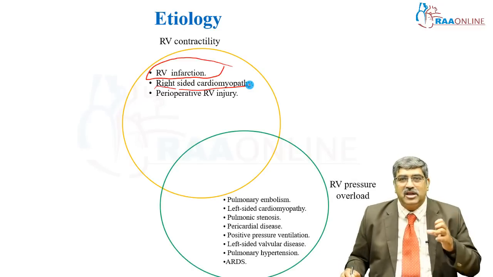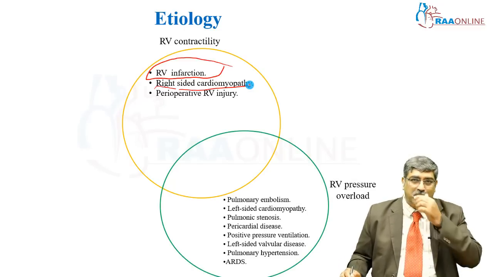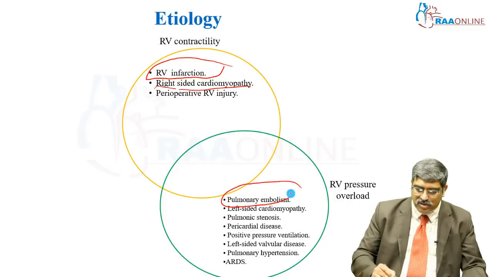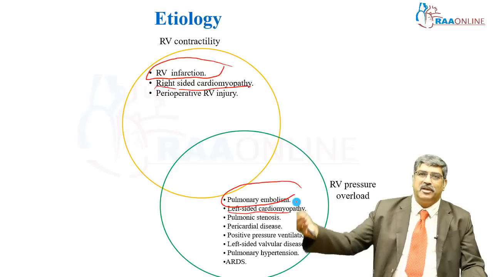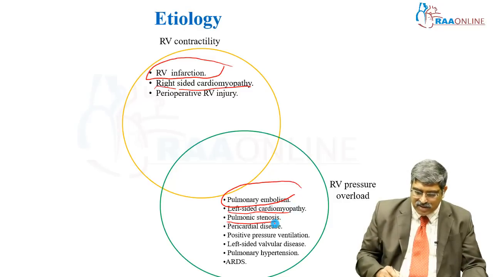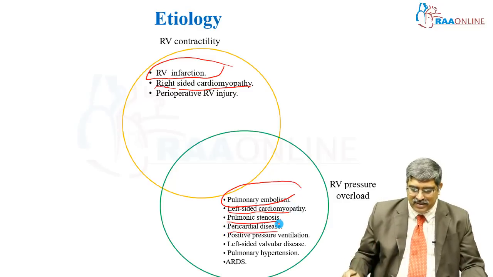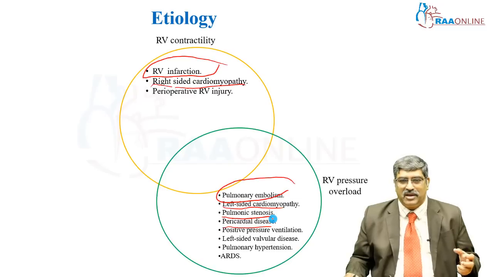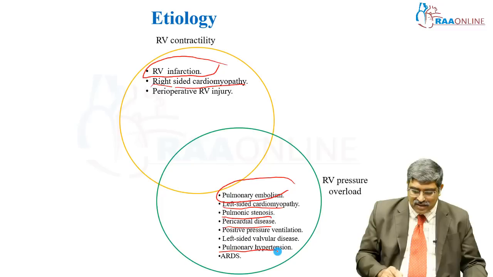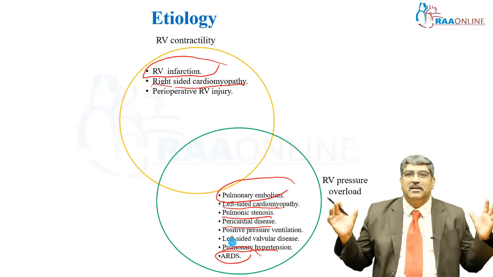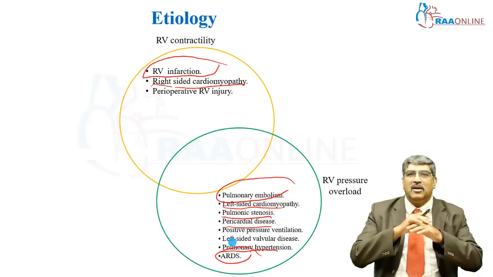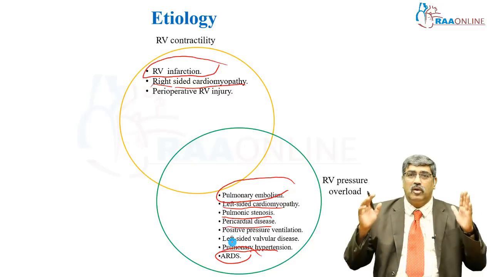Coming to the pressure overload, where the pulmonary artery pressure is going up and the right ventricle is going to fail. Pulmonary embolism, left-sided cardiomyopathy which reflects back into the pulmonary artery, pulmonary stenosis, pericardial disease, positive pressure ventilation, left-sided valvular heart disease, pulmonary hypertension and ARDS. Here the pulmonary artery pressure is high and it reflects on the right ventricle and causes pressure overload on the